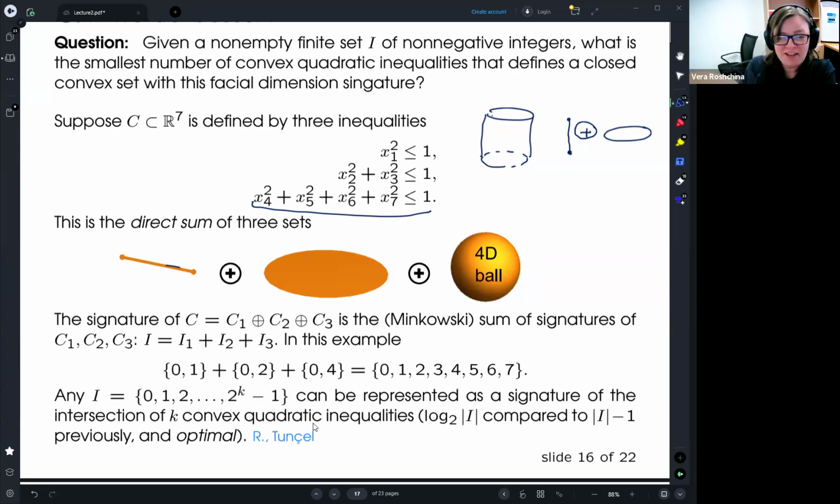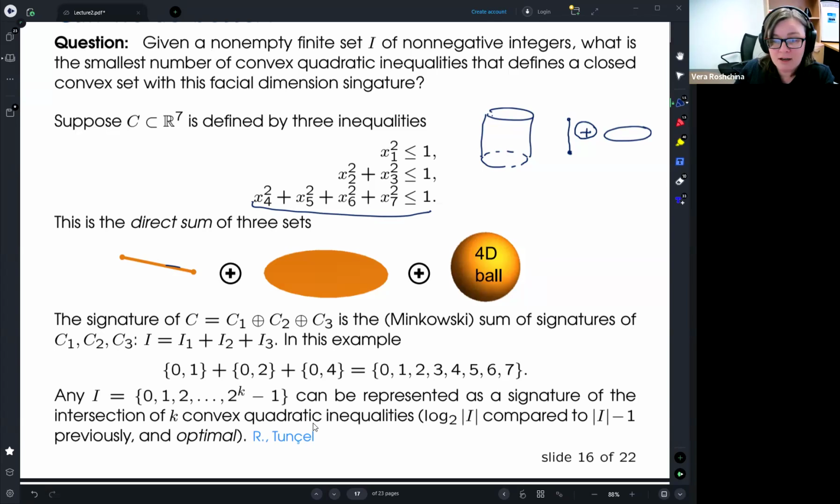So every pair of faces, or in this case, we have 3 objects, right? Every face I pick in the first set and the second set and the third set, they will generate a face of a direct sum, simply because those objects live in different spaces and we kind of cover anything with this. So when we do this, then the dimensions of the faces of what I get in the direct sum